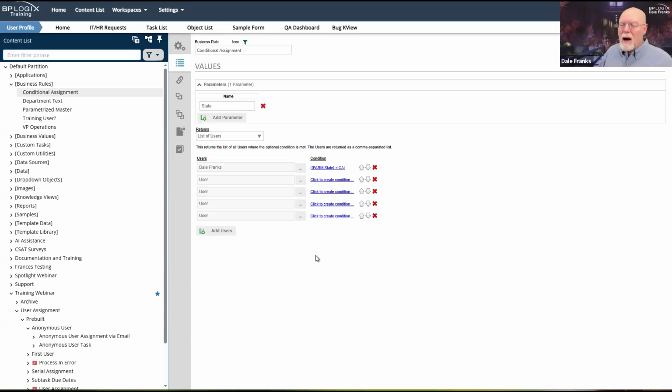So in that case, I am going to change the task assignment based on some condition, in this case, a form field that I'm going to pass as a parameter. Well, this is a perfect use of a business rule for task assignment. I don't actually know who the task assignee is going to be, or at least I can't know unless I have access to the form and I can look and see the customer's state. And if it's California, I know it's going to be me. Other than that, it could be one of 50 other users. So for conditional assignment, business rules are really great.